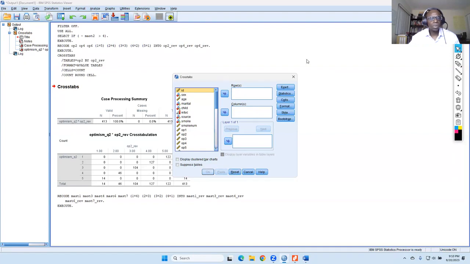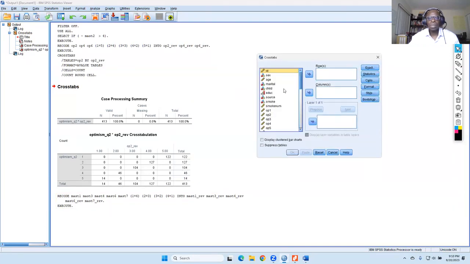So the check is going to be mastery 1, 3, 4, 6, and 7, and then mastery reverse 1, 3, 4, 6, and 7.